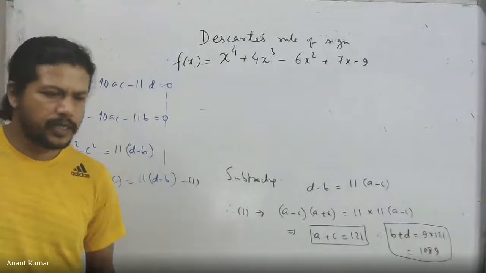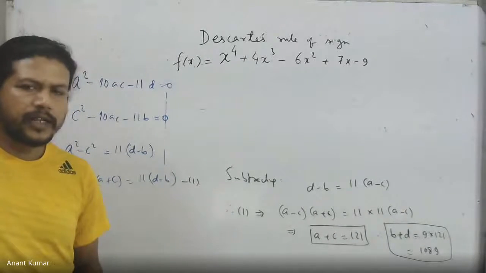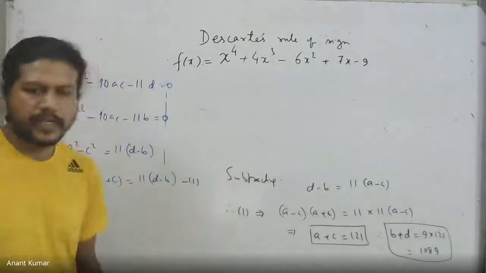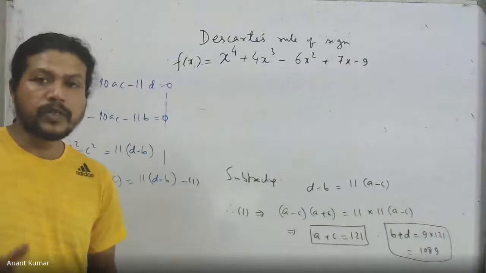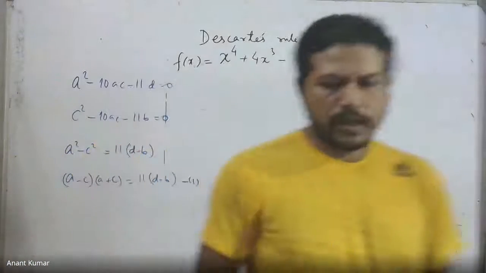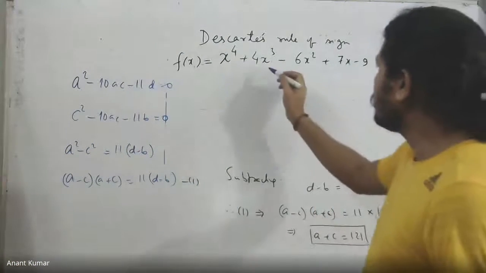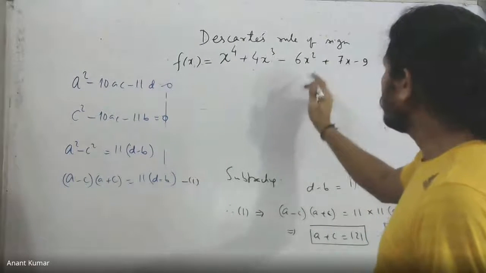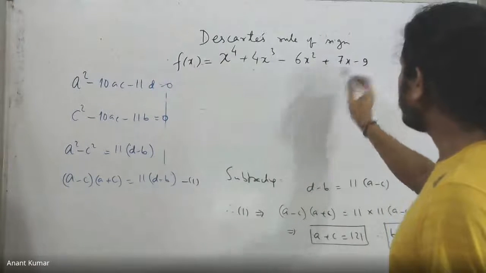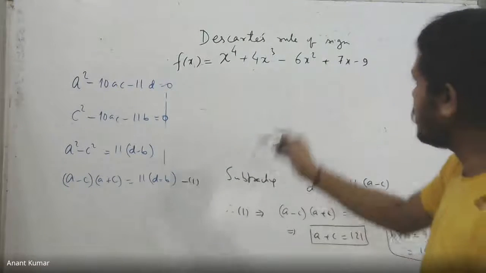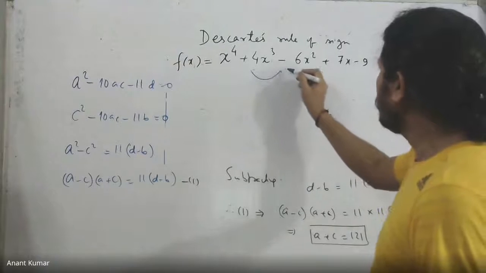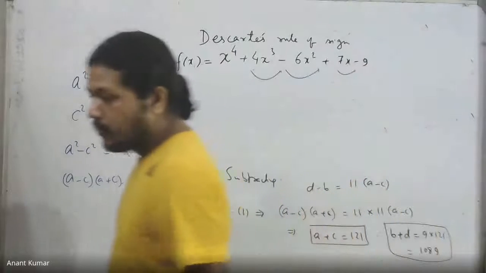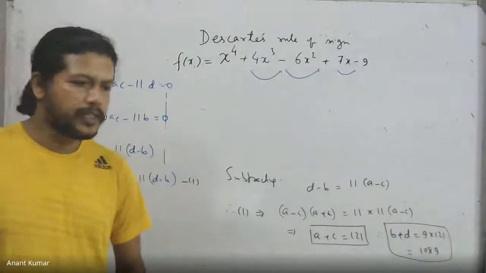What the result says is that if you look at the number of sign changes in f(x), that will be the maximum number of positive roots. In this case, we have a sign change from plus to minus, that is one sign change. Minus to plus, two sign changes, and then plus to minus, three sign changes. Therefore, Descartes' rule of signs says that